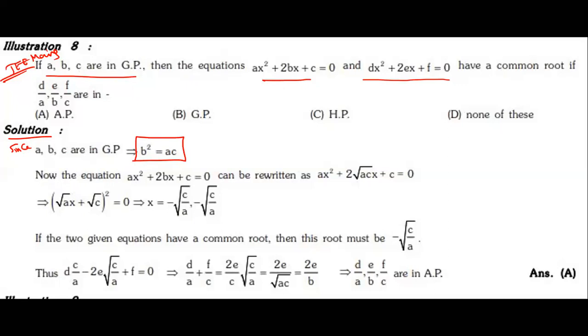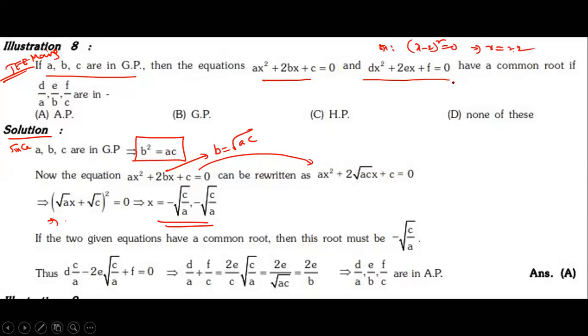Dear students, see. In the place of b, how to write? See carefully. In the place of b, how to write? Anyone? Root ac. Is it possible or not? Yes, this can be written like this. ax square plus 2 times root ac into x plus c is equal to 0. So this one we can write again as (root a x plus root c) whole square, using the a plus b whole square formula, is equal to 0. Then what are you getting? The roots are repeated. Generally, (x minus 2) whole square means x is equal to 2, 2, repeated roots.